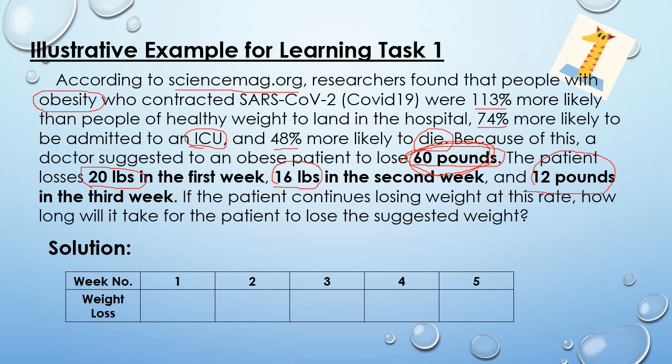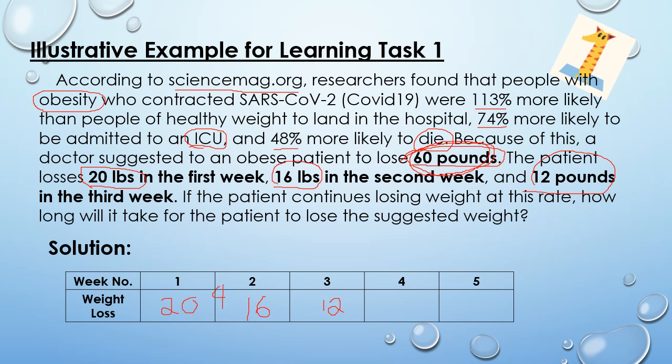I created a table to show our solution. So, on the first week, we have 20 pounds. Diba? 20 pounds. Second week, we have 16 pounds. Third week, 12 pounds. So, 20, 16, 12. Ilan kaya sa fourth week? So, napapansin natin, from 20, naging 16. Tapos, yung 16, naging 12. So, nagbawas tayo ng